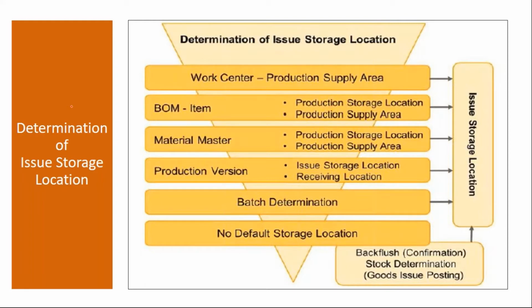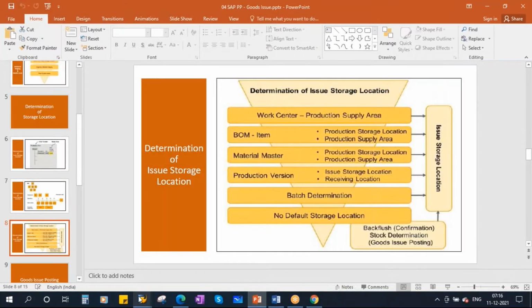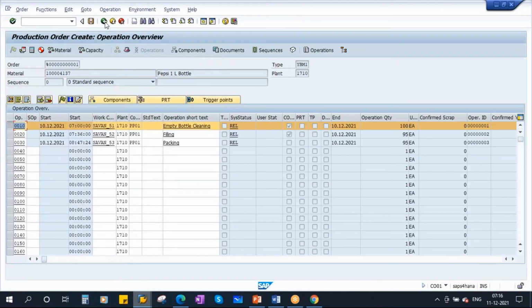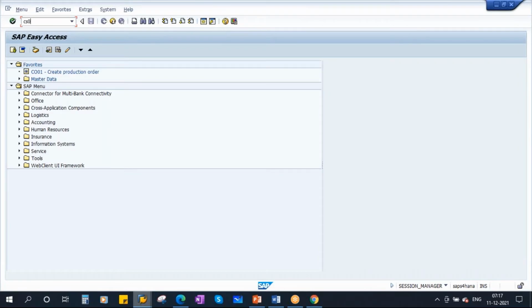Next, the system will search in sequence. So I'll show you the BOM item details. Let's go to the BOM. I'll take this material. Go to the BOM, CS03.